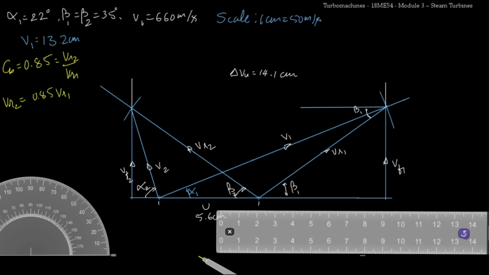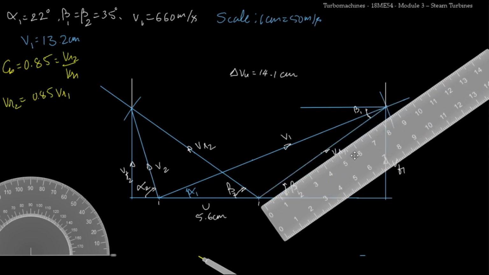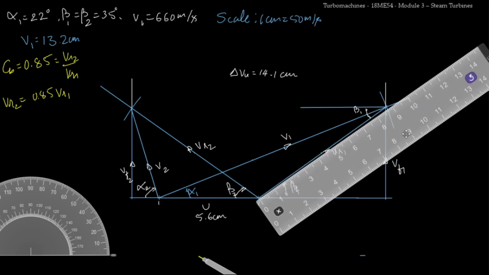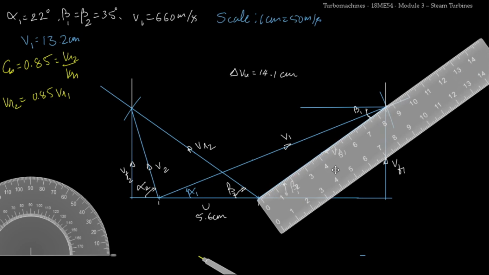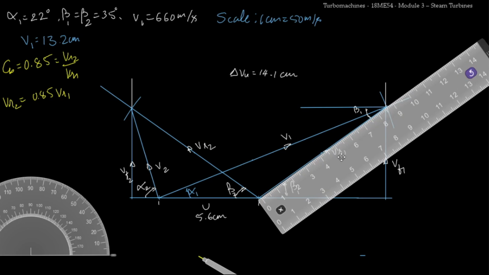For that, I'll just take the scale, keep it here, and I'll adjust the angle so that we will be able to measure the length of VR1. So the length of VR1 is approximately equal to 8.6 centimeter. Now the length of VR2 will be equal to 0.85 times of 8.6 centimeter, which is 7.31 centimeter,